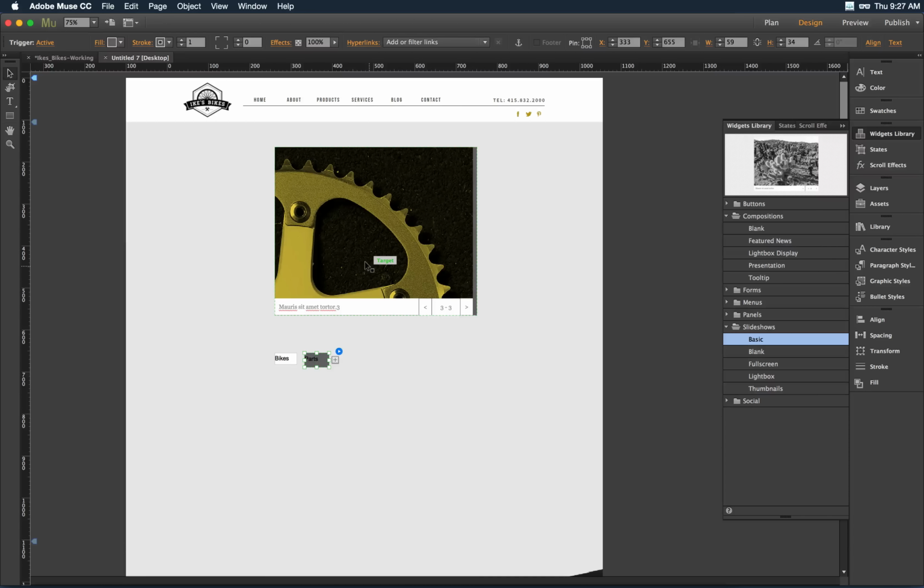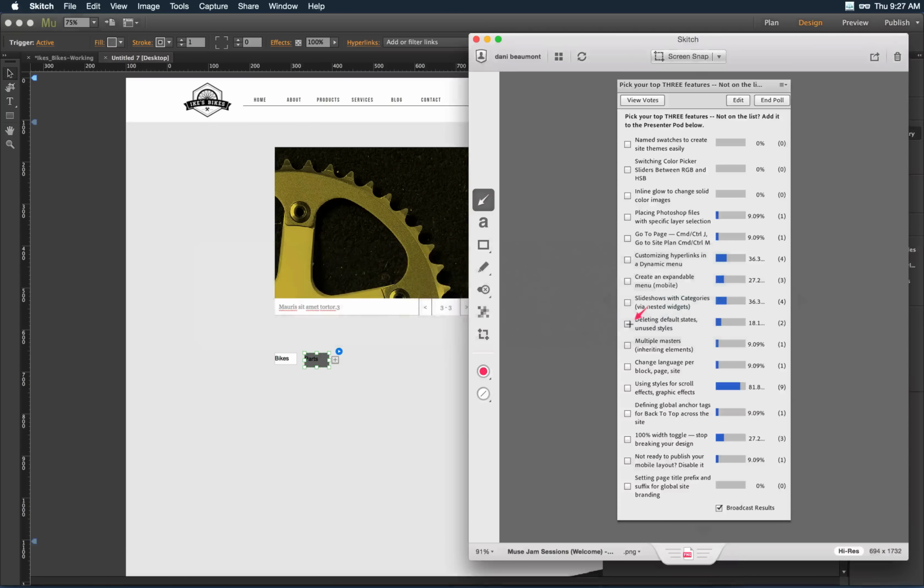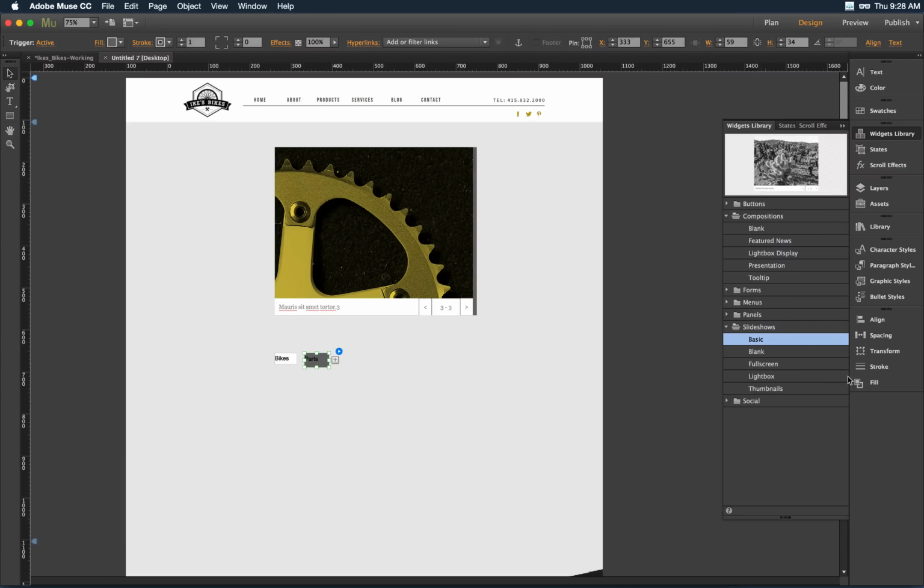I had put into the chat, and I honestly don't know if anybody voted for it. I think they did, which is how to stop breaking your design with 100% width objects. This was a feature we've had for a while, and we found that, so 3 of you voted for it, we do get to talk about it. We found that when you used to do it the original way, and that is specifically, let's say I have